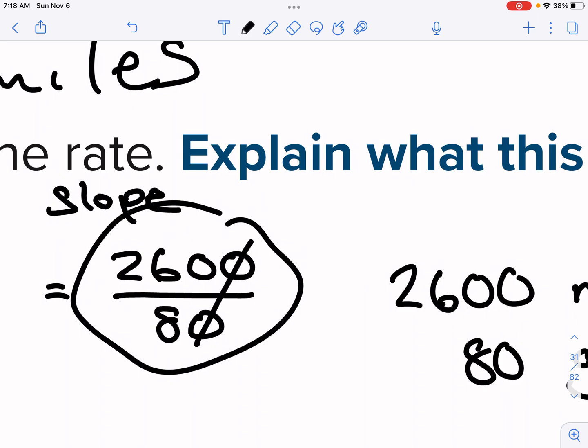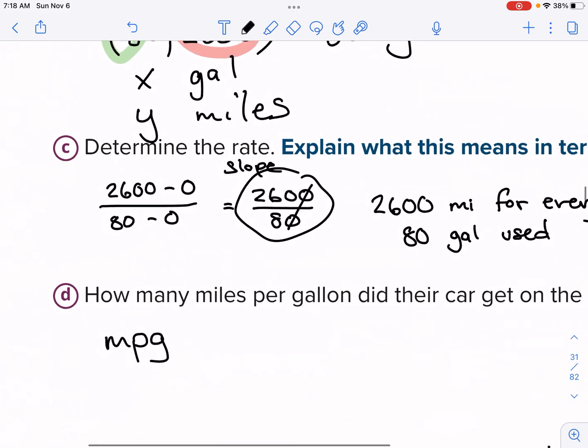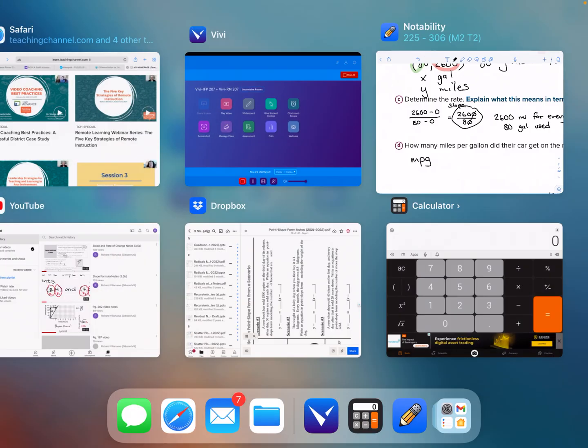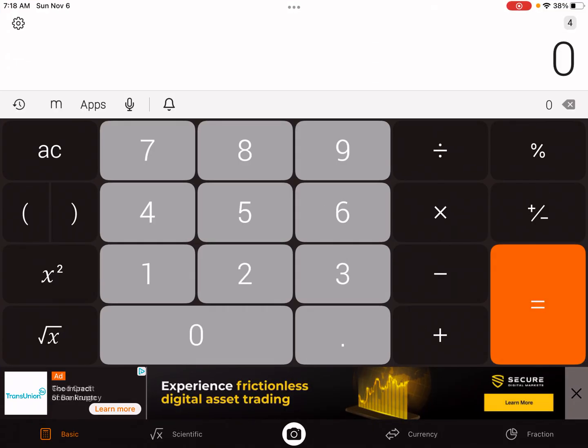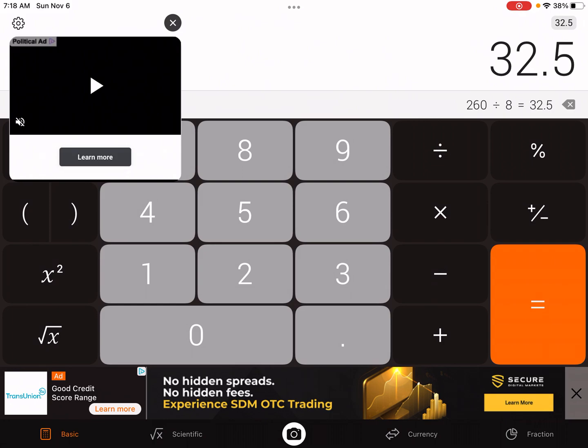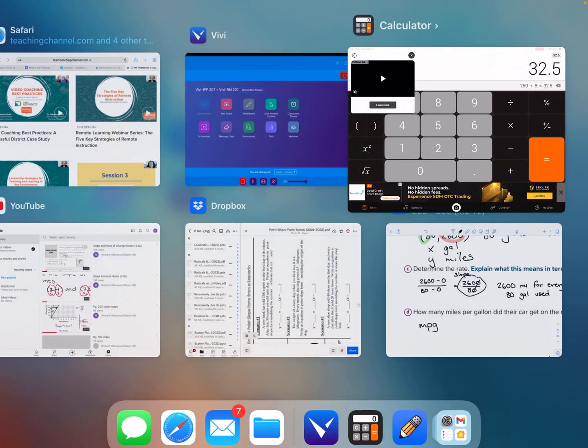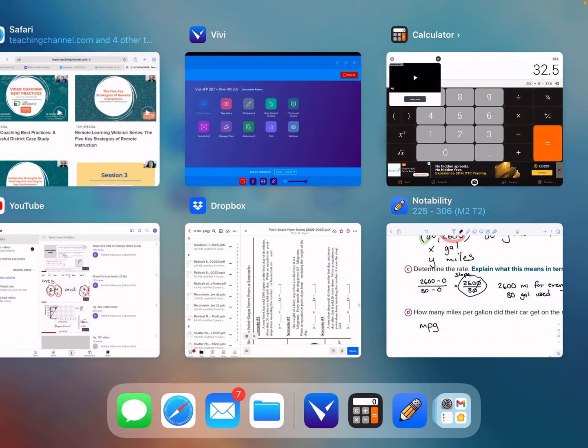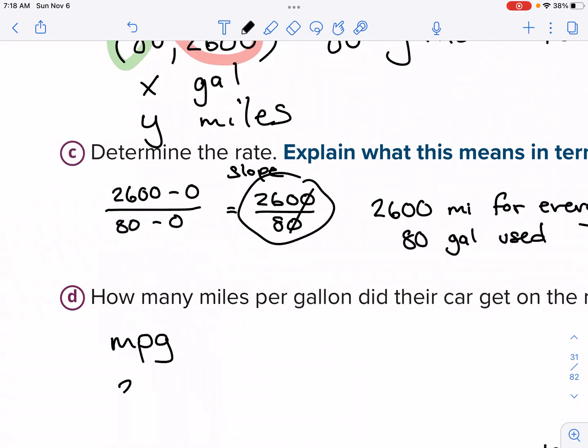For the purposes of being efficient, though, I'm going to put this into our calculator. You're welcome to do this as well. 2600 divided by 80, or sorry, 260 divided by 8. All right, and that is 32.5. Okay, so that represents 32.5 miles per